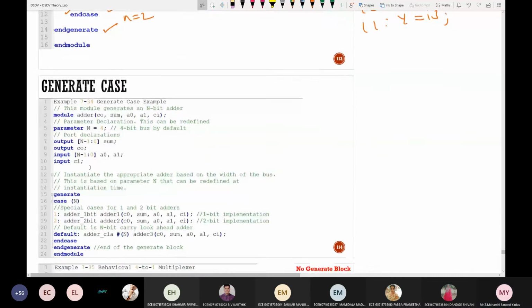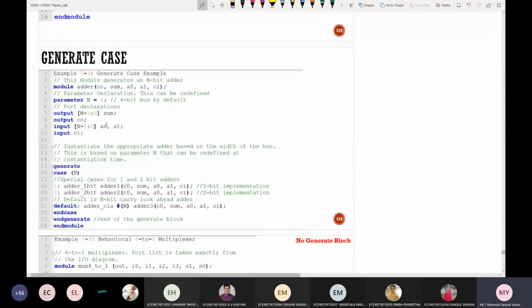Next, this is an example for adder. Now can anyone explain this? What am I doing here? I'm performing two additions within a single code. I'll perform either a half adder operation or else a full adder operation. Tell me what I'm doing here. Just simply go through that case statement. See the difference: 1-bit operation and 2-bit operation I'm performing by using one simple code.